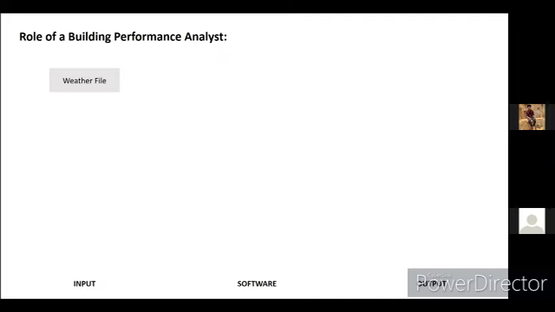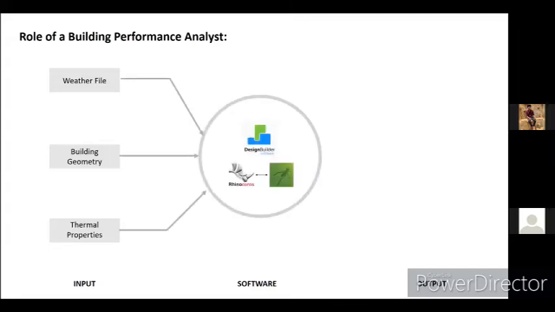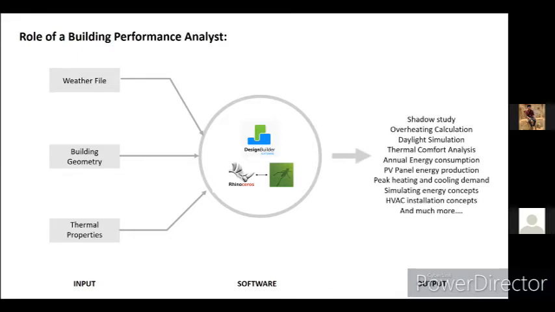So in my role of work, I usually start with studying and understanding the weather file. Then I go to the building geometry, which is provided mostly by the architects, and see what kind of design they have come up with, and start putting thermal properties for each and every part of the components, like for the glass, for the walls, roofs, and stuff like that. So we put all these things in our simulation software. We work mostly with Design Builder and Grasshopper based on the design stage of the project. And we can create n number of outputs, starting from shadow study, or overheating calculations, thermal comfort analysis,